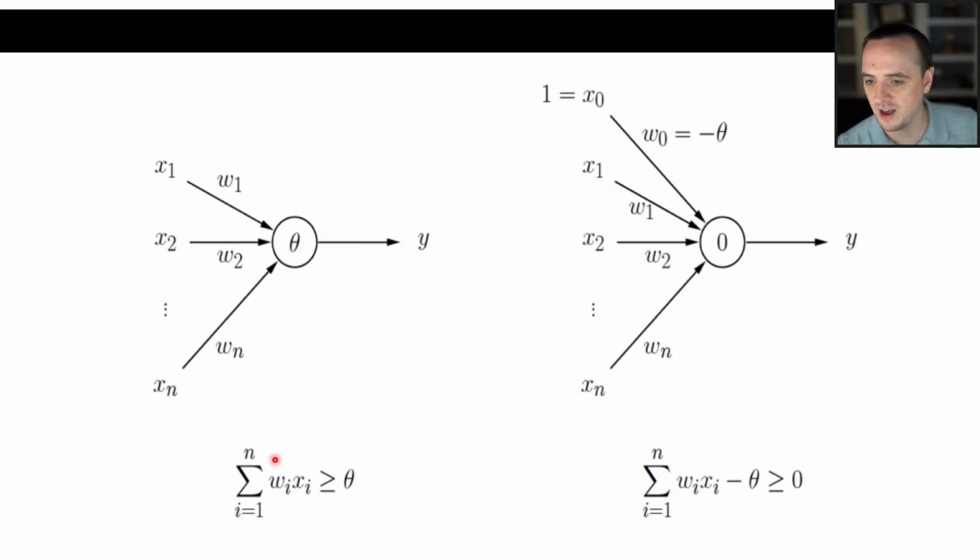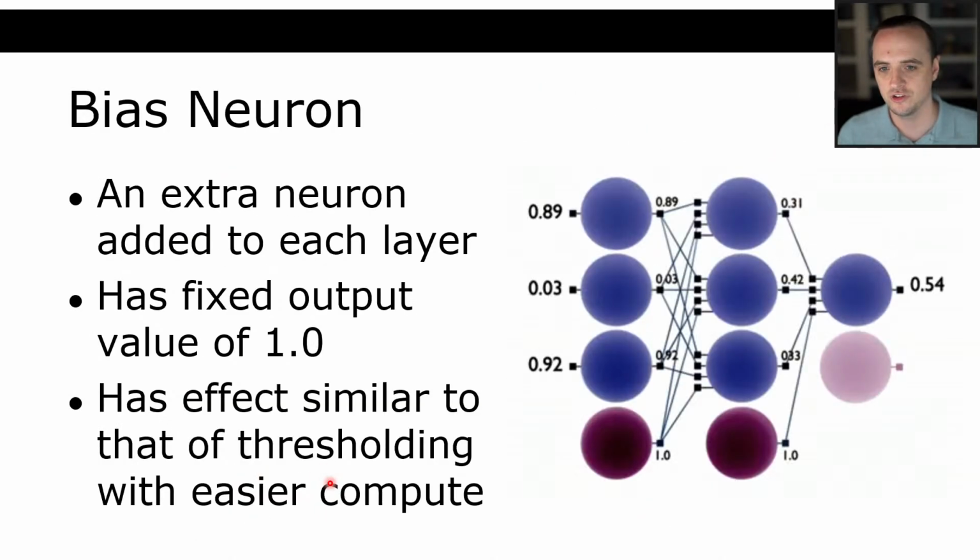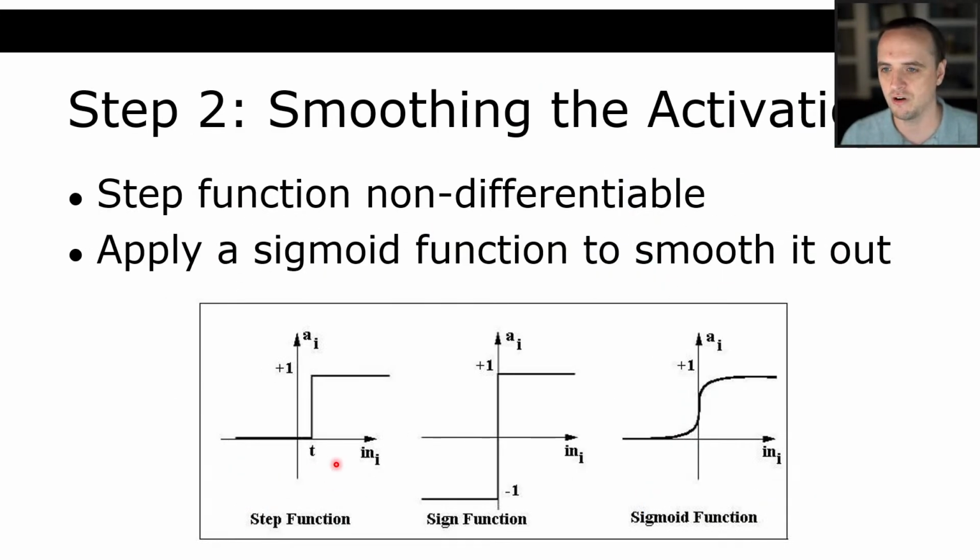So here we said, is the dot product greater than or equal to theta? Well, then my output fires. But here, instead, I've just brought that theta over to the left-hand side, and now I can say, is the dot product minus theta greater than or equal to 0? The idea being, when you train your neural net now, it finds the weight here and it finds that threshold for you. So that's the first part, getting rid of the value of theta here so that our activation function can always be centered around 0. And the second part is to smooth out that activation function so that it becomes differentiable.